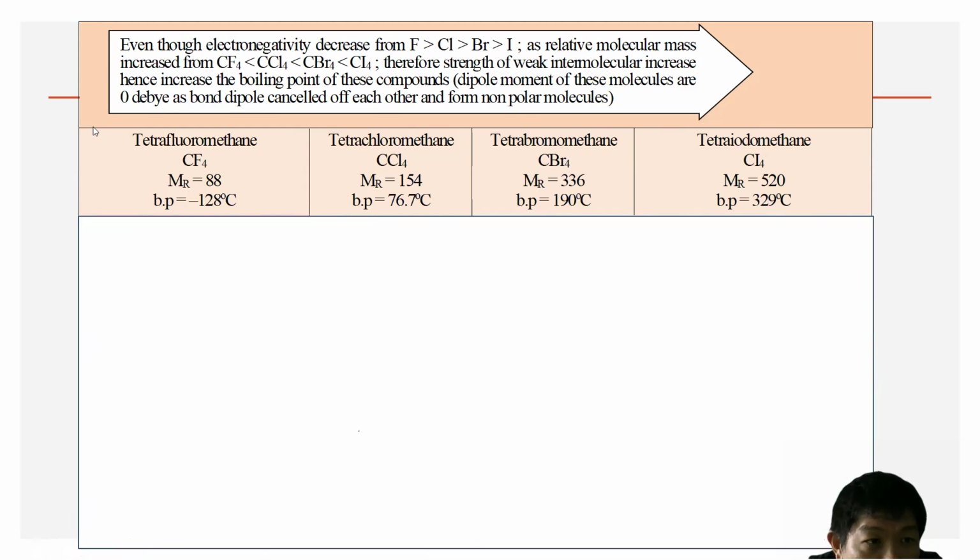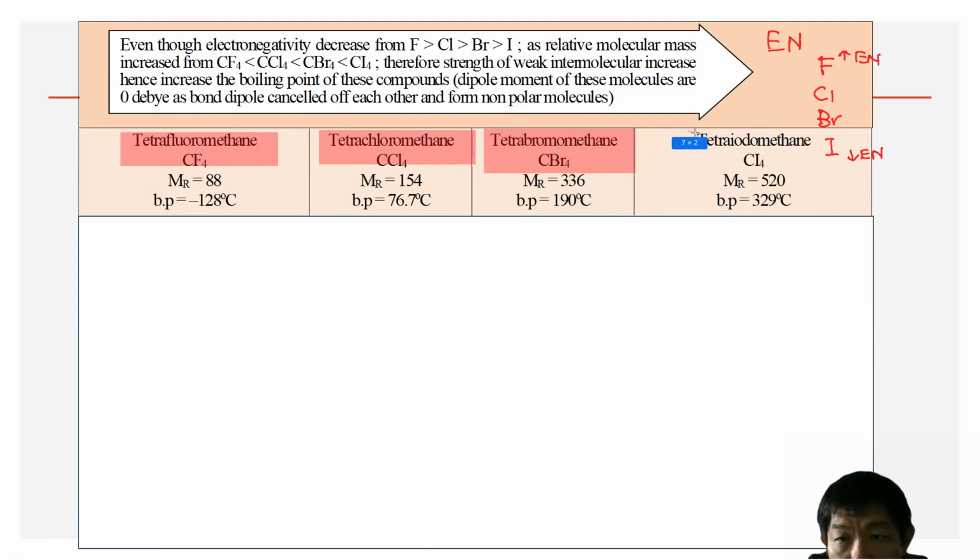As we already learned in the polarity of the molecule, the electronegativity of fluorine is the highest, followed by chlorine, bromine, and also iodine. Even though fluorine has the highest electronegativity while iodine has the lowest, when it comes to the intermolecular forces between tetrafluoromethane, tetrachloromethane,